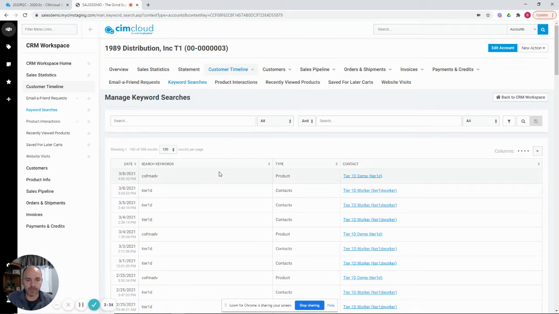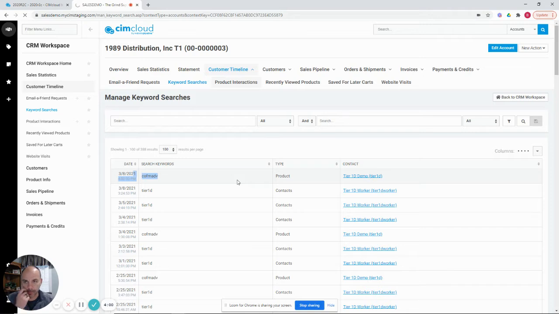These are all keyword searches. So as they go to the B2B portal, or if you have a front end retail site, you will see if they've logged in, it knows who they are, what user or what contact, and also what account they're tied to, which in your ERP system is typically called a customer, and it's logging all the searches. So you can see it by the contact, what their keyword search was for, the date that it occurred,